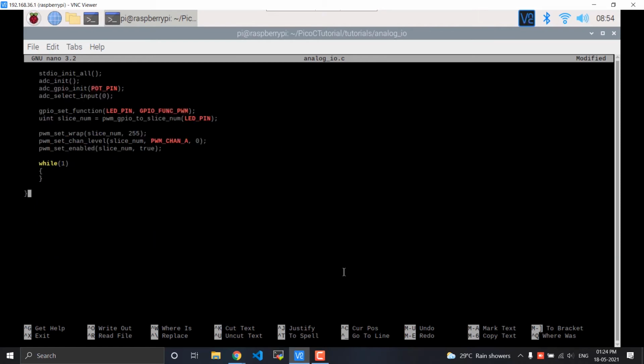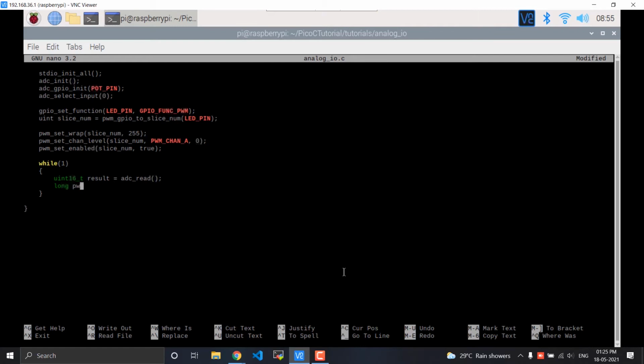And in this while loop, we can read the ADC value and then set the PWM. So let us do that now. So here we first begin by reading the ADC. Then we map this value to something that we can use on the PWM.